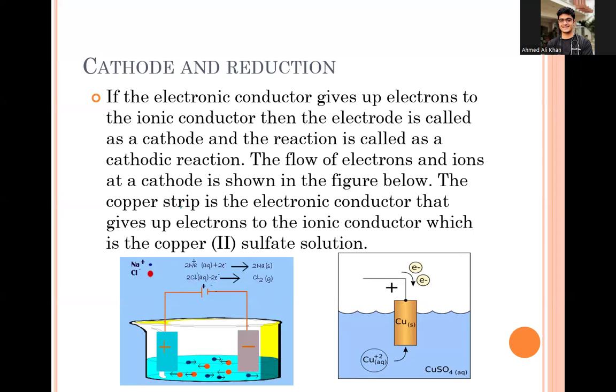So the negative, I don't know why they have shown this as positive here, but it's actually the negative electrode, right? So just correct this. This is not actually positive. This is negative. So at the cathode, what happens is, since it's the negative terminal of the battery, so you can just remember that at this terminal,